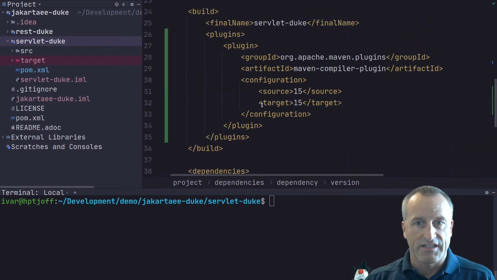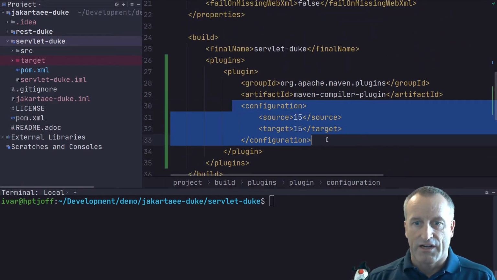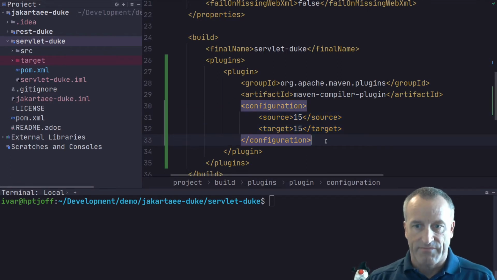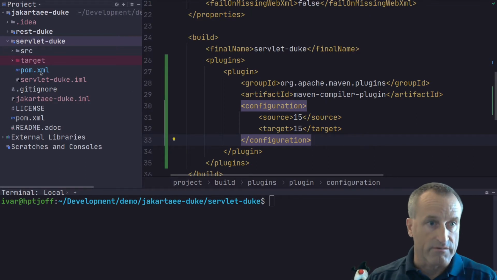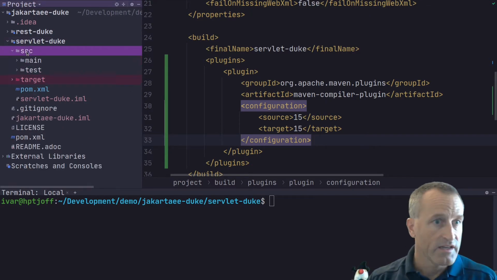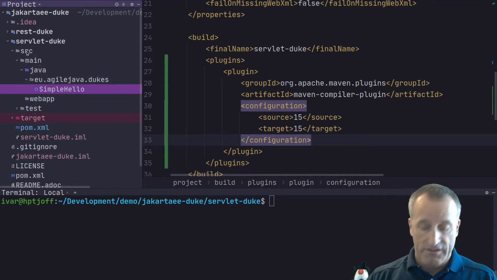One thing also to note is that Jakarta EE 9 requires Java SE 8, and the APIs are compiled to Java SE 8 level. The tests of the TCK are running on Java SE 8, but that doesn't mean that you can't run it on newer versions. Both Tomcat and Jetty actually run on 15, and I'm compiling this application on 15. So just read your manufacturer's documentation and see whatever they support, and then you can go on whatever Java version that is.